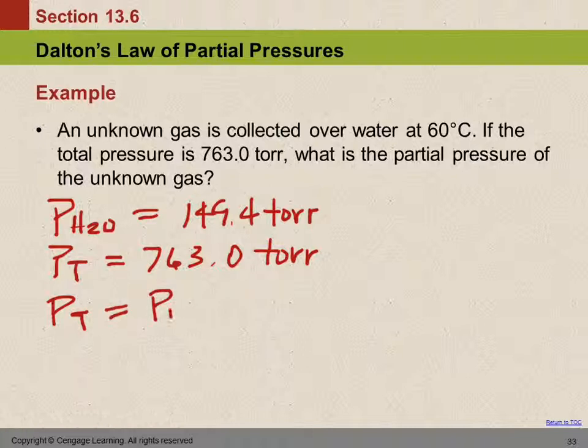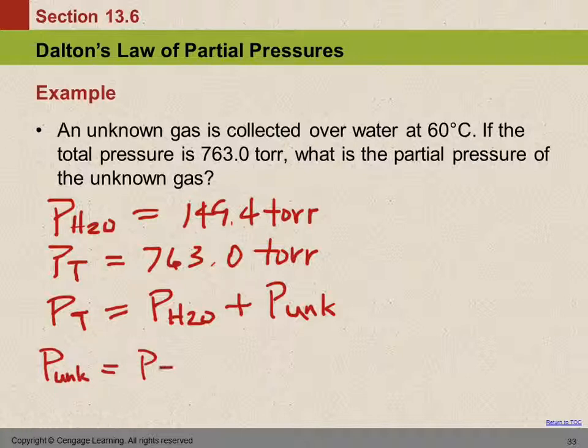The partial pressure of the water and the partial pressure of our unknown gas add up to give us the total pressure. And so we're going to solve for P unknown. So P unknown equals P total minus P H2O,